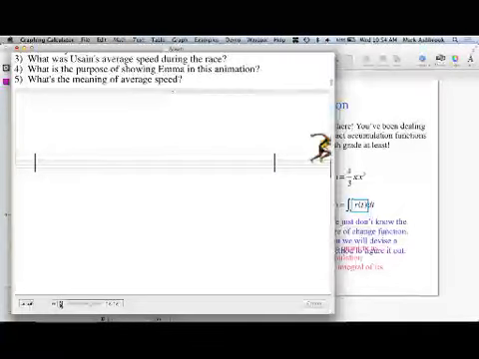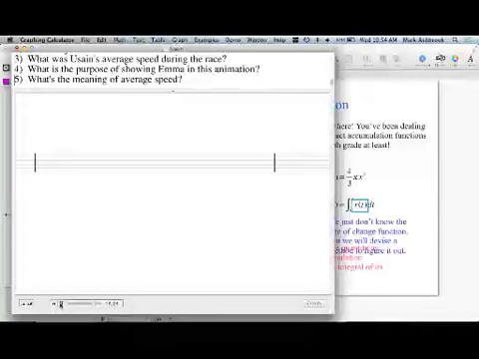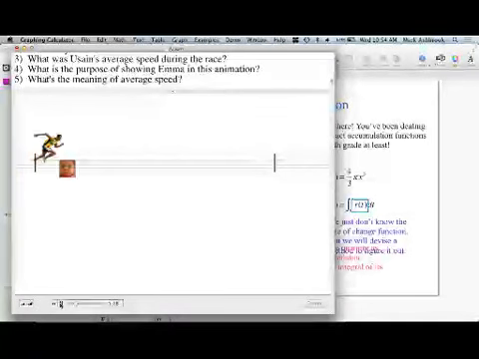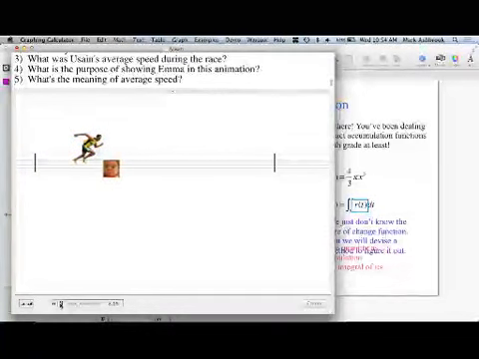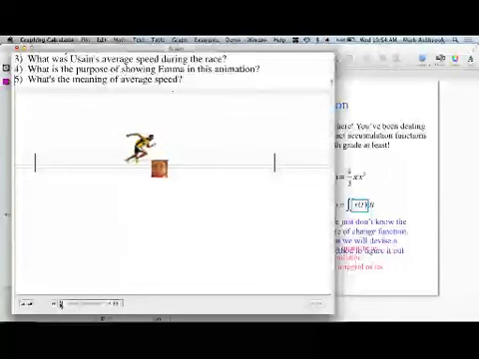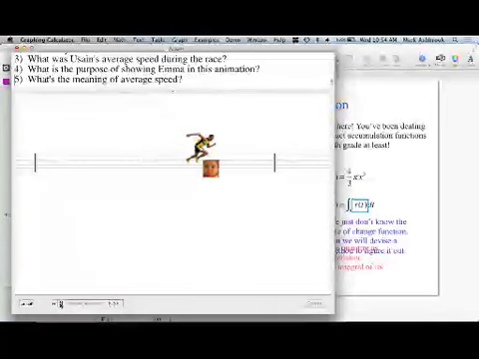Okay, so we're talking about Usain and his average speed running his world record race. And how did we define his average speed? What was the average speed of Usain running the race? Chloe? It's a constant rate to go the same distance in the same amount of time. Okay,